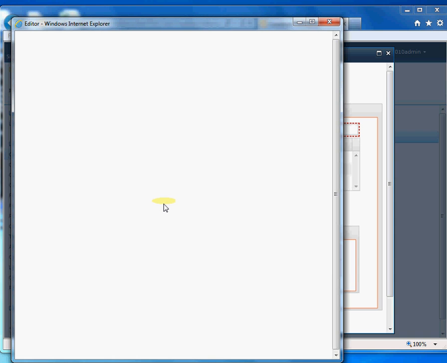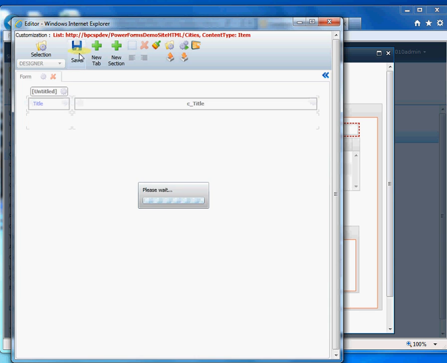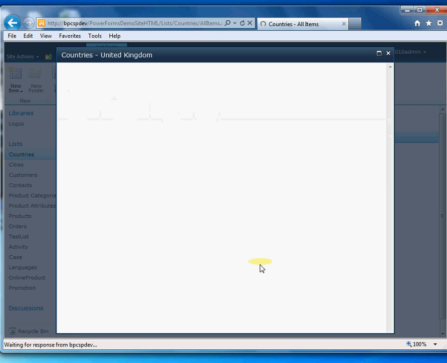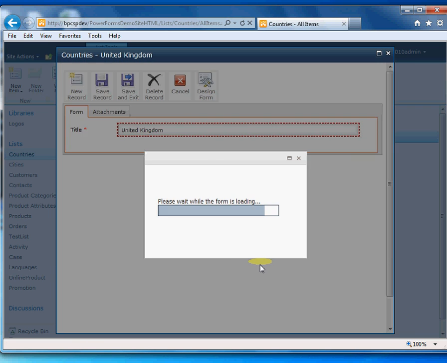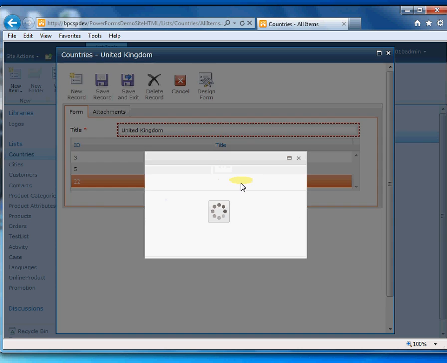Now, if I wanted to hide the country control in the city subform, I would open the Designer in the child form and hide the control so that it always inherits the parent form's country. I save the subform's design and refresh my edit form. Now, even though the country is hidden, we'll see that if I add a new city, it is successfully added